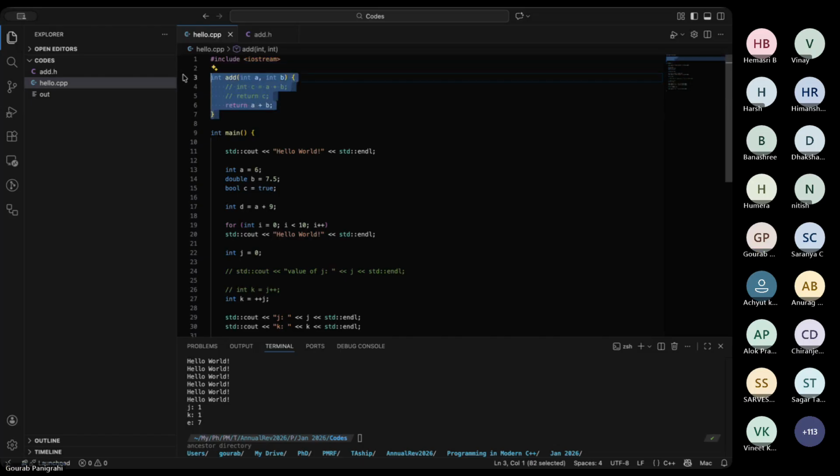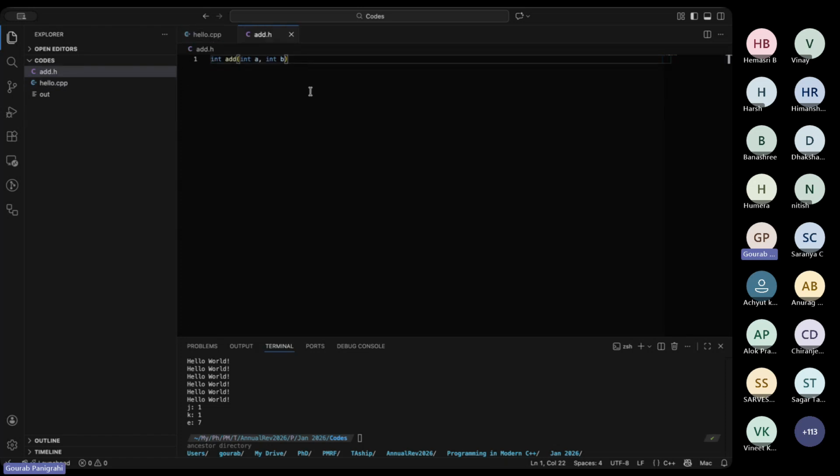Now this portion just means that it has the declaration of add existing. The definition could be,